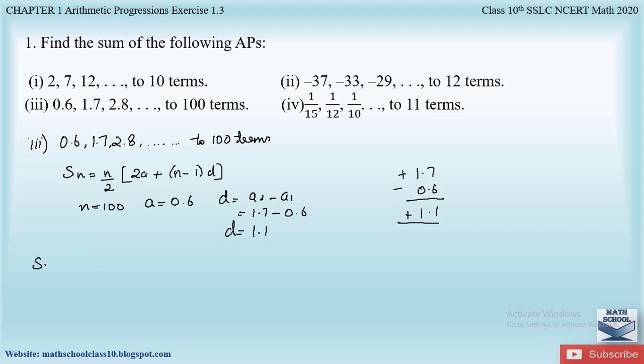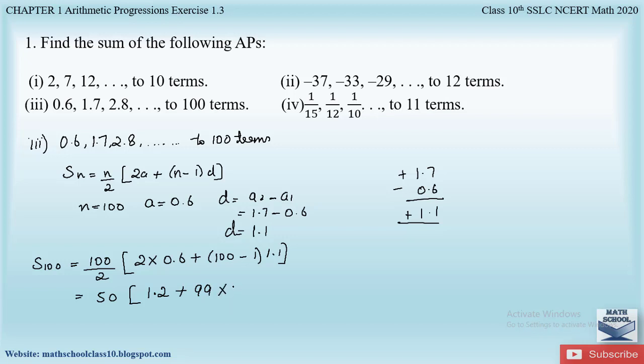So S100 is equal to 100 divided by 2 into (2 times 0.6, with a being 0.6) plus (100 minus 1) into d, which is 1.1. So what is 100 divided by 2? That is 50 into, what is 2 into 0.6? 6 2s are 12, 2 zeros are 0. The decimal point should come after one digit, so after the 1 we put the decimal point, giving 1.2, plus 100 minus 1 is